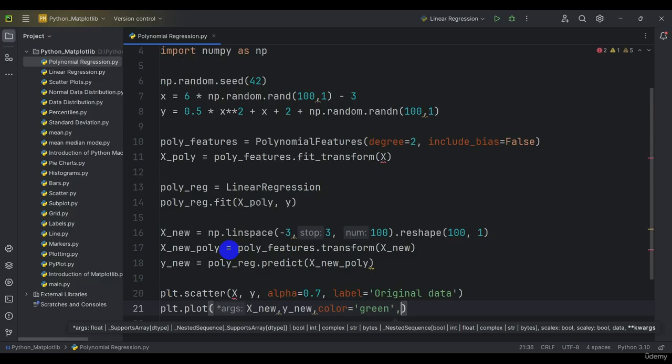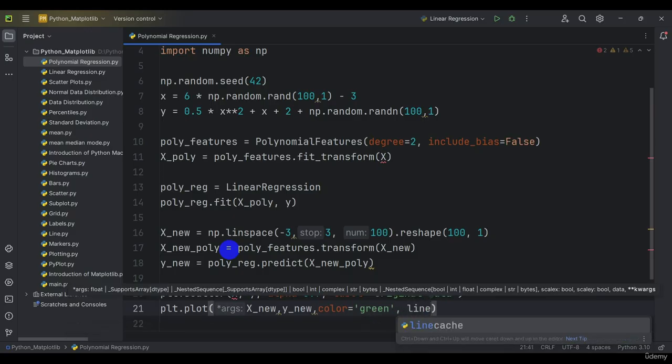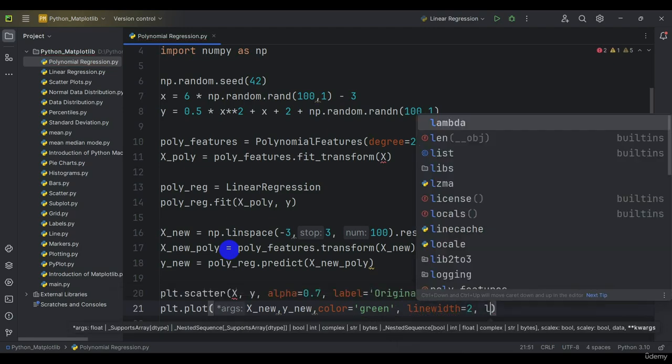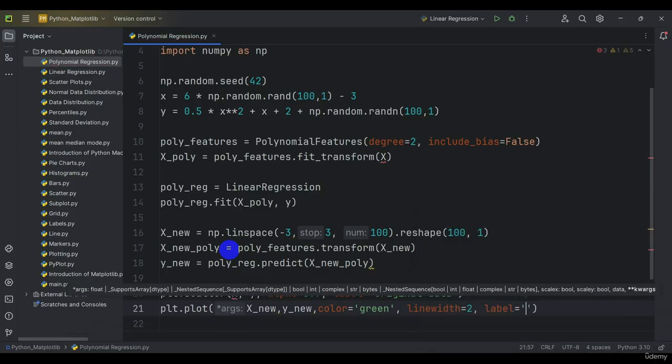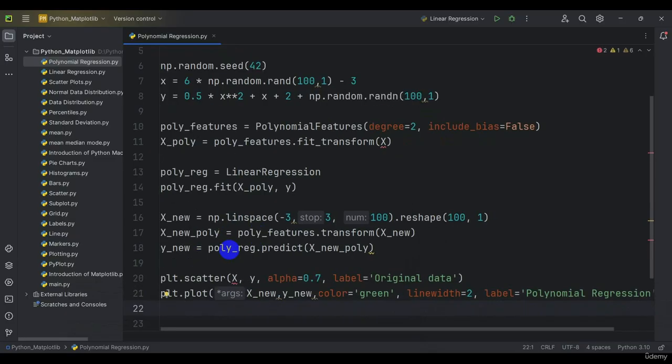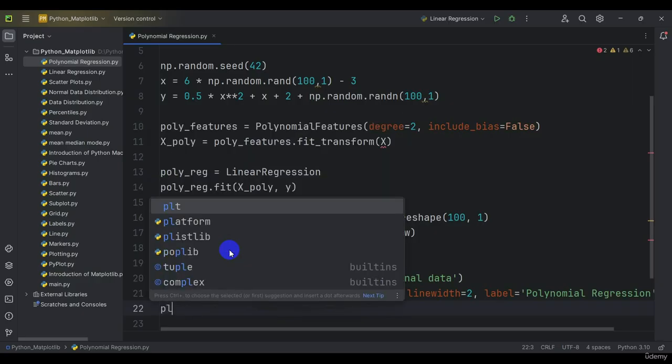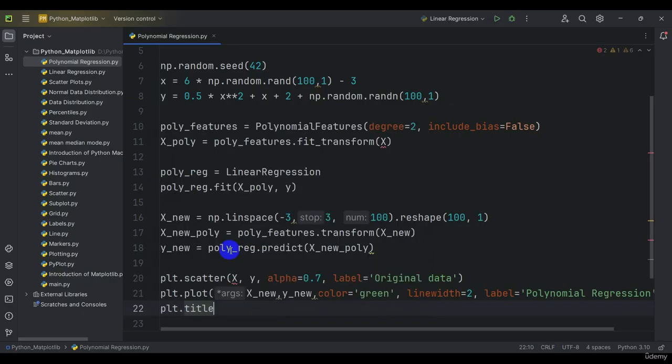Okay, so next line I am create for is the line width. Okay, its line width is equal for 2, and I am last one create for is the level. Okay, its level equal single quotation create the polynomial regression. Okay, it's regression. So this line completed, and I am create for is the plt dot title, then parenthesis for single